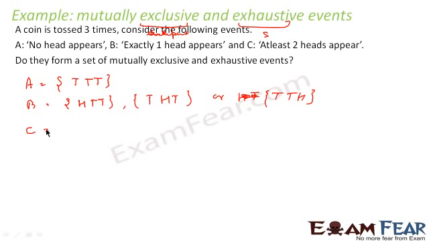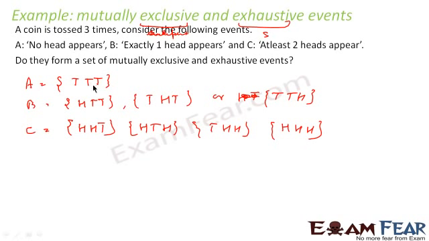And C, at least 2 heads, 2 or more than 2. Let's suppose 2 heads, then we can have these three arrangements. But we say 2 or more, so it can also be 3 heads. So A is no head, B is exactly 1 head, and C is 2 or more heads. Now the question is, do they form mutually exclusive events? If you add all these, what you get is